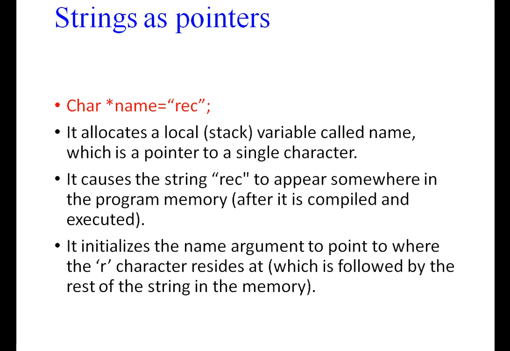Then how to achieve dynamic memory allocation? We can count the length of the input pointed to by name, and allocate the memory for that length plus 1. Just know how it is working. No need to go into the detailed concept of dynamic memory allocation now, we will discuss that as a separate topic. So instead of giving char name[20] equal to "REC", we are giving char *name equal to "REC".